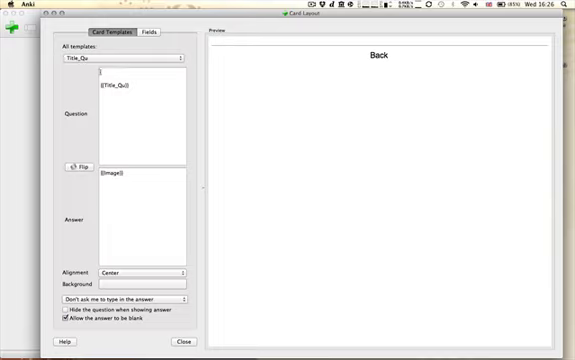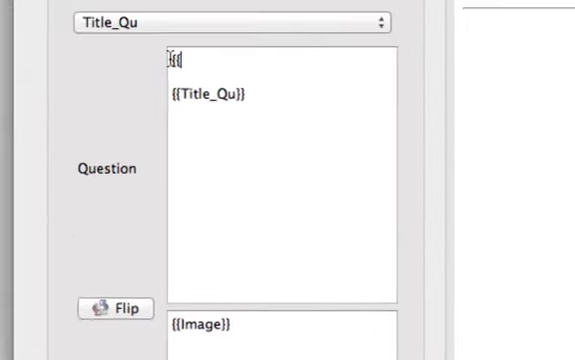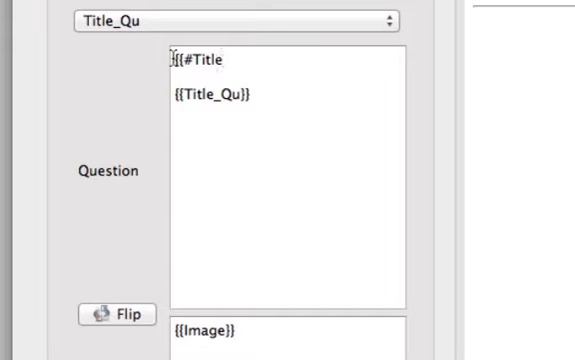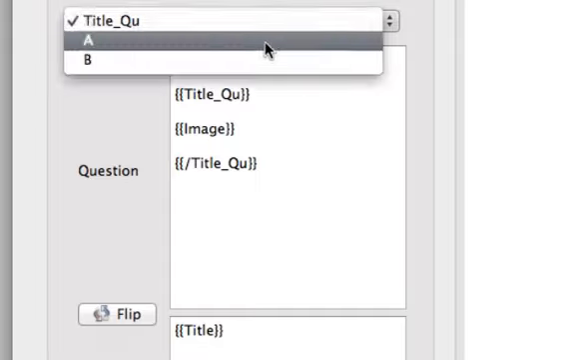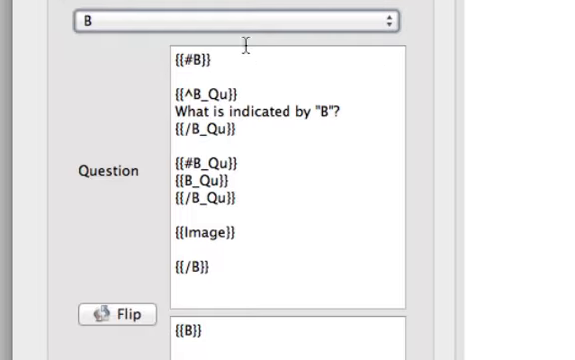So for the title question, you basically just want this card to generate if there is a title question. And you want it to display the title. There we go. And that is everything you need to make conditional cards,